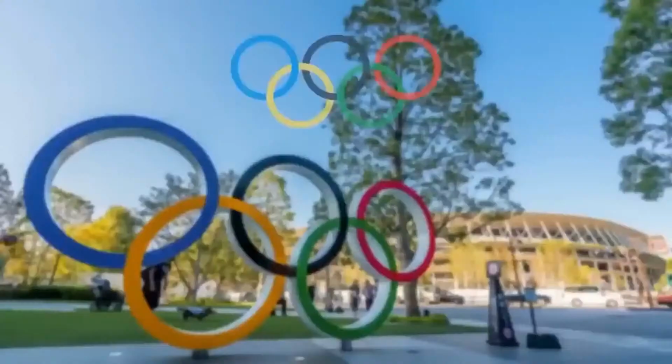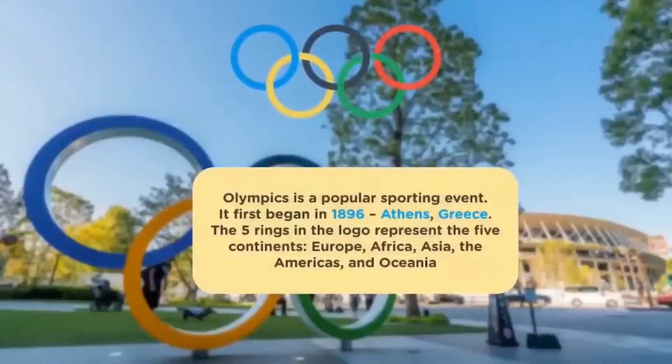So let's begin. The Olympics is one of the biggest sporting events on the planet. It is held every 4 years. The first modern Olympics took place in Athens, Greece in 1896. As per National Geographic, the original Olympics took place in 776 BC, so they began as part of an ancient Greek festival which celebrated Zeus, the Greek god of sky and weather. The rings in the Olympics logo represent the 5 continents: Europe, Africa, Asia, the Americas and Oceania. From 1924 to 1992, the Winter and the Summer Olympics took place in the same year, but now they alternate